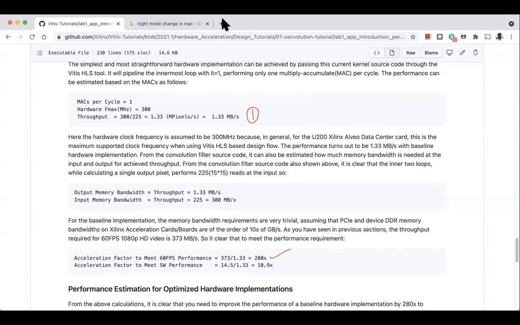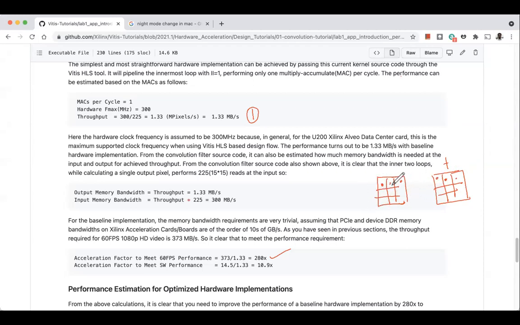So that is, let's see, decrease the number of loops. As filter values are independent, we can parallelize convolution somewhat. Good. So here, this is the input window, and this is from the input, and this is from the filter. We are multiplying this and this, and this and this, and this and this, and we are accumulating, right? So here it's a 15 by 15 window. All these multiplications we can do in parallel.